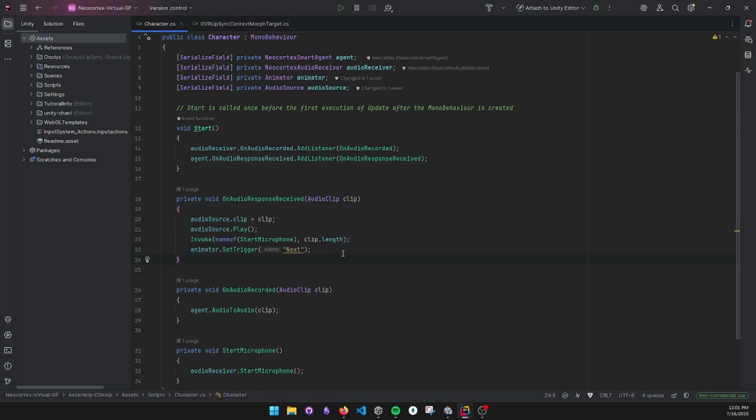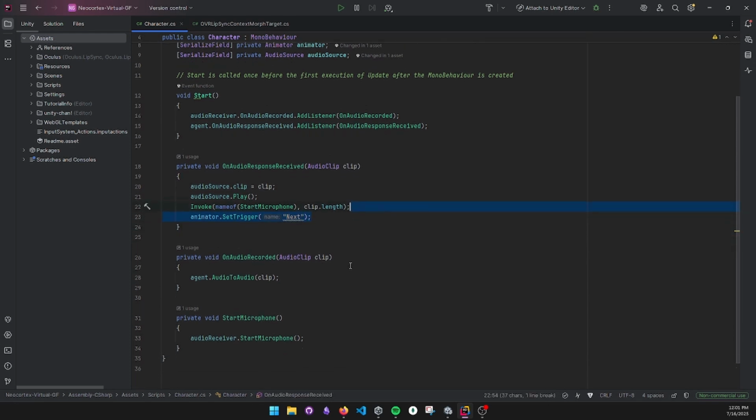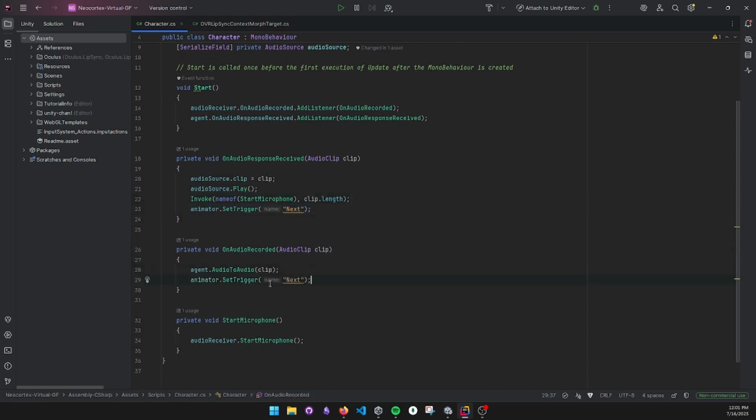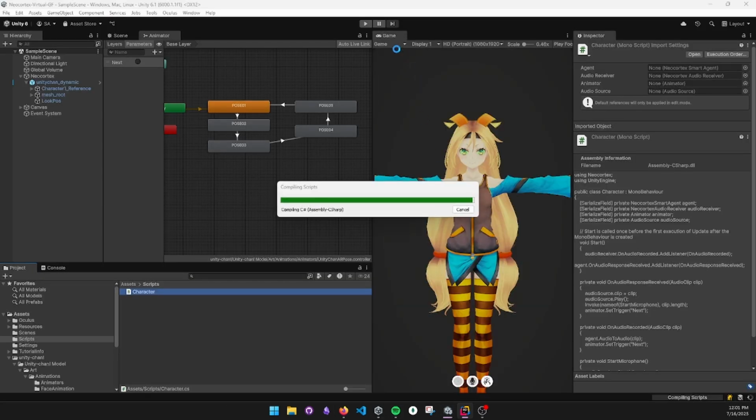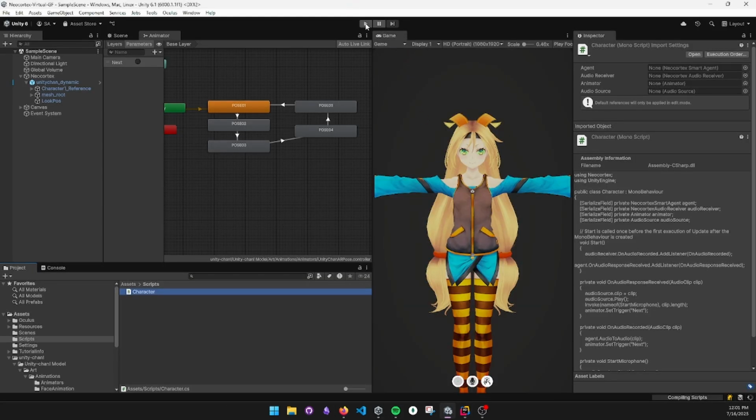And let's also do this when we finish recording the audio. So when we finish speaking, she switches pose, and then when she starts telling something, we receive the response, she also switches the animation. Going back to Unity,